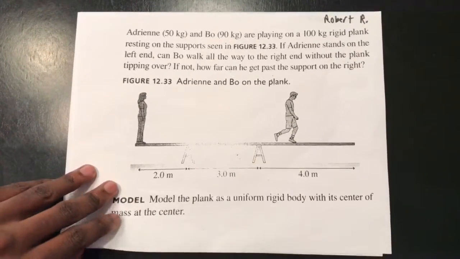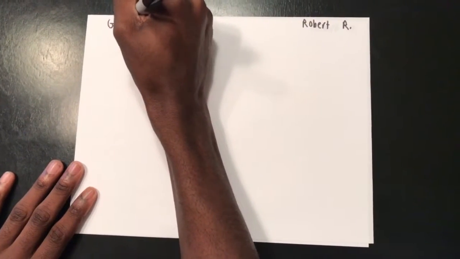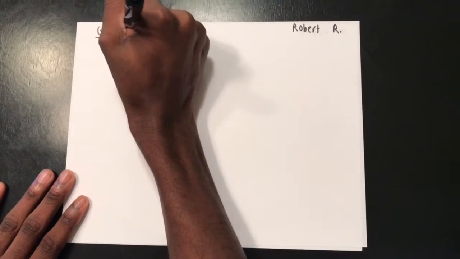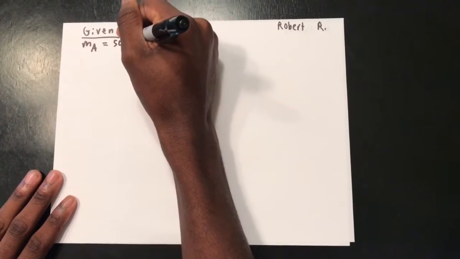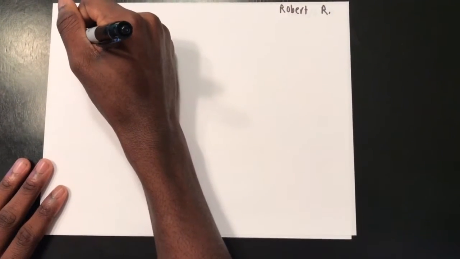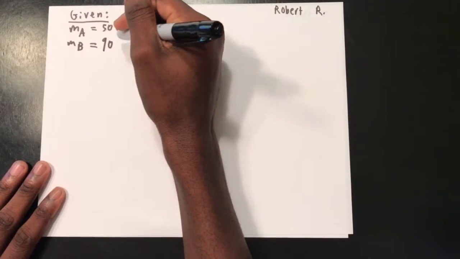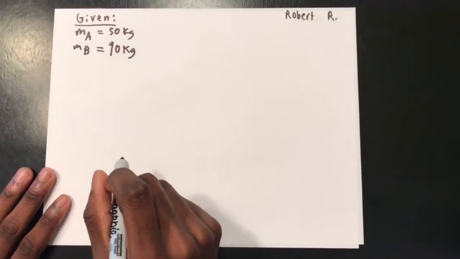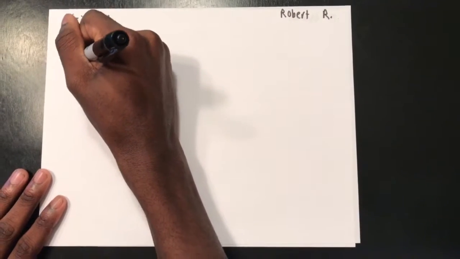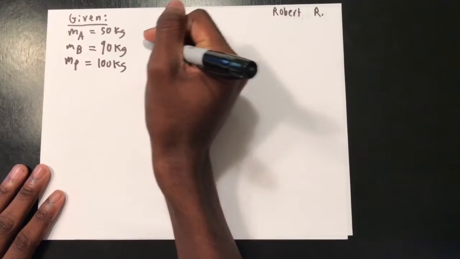So now I will start by addressing some givens. We know the mass of Adrian, denote that as M subscript A, is 50 kilograms. We know the mass of Bo, M subscript B, which is equal to 90 kilograms. We also know the mass of the plank, M subscript P, is equal to 100 kilograms, as well as the